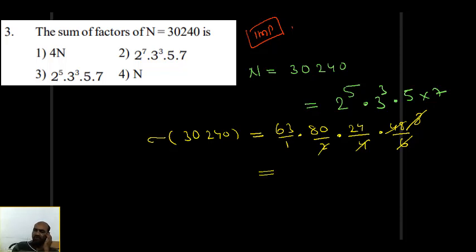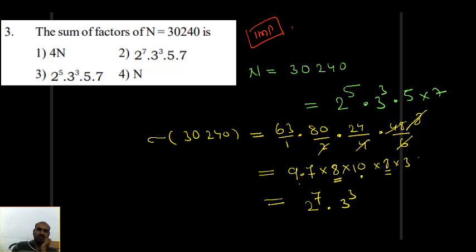So this is the summation. I don't want to write the answer; I want to write the answer in terms of prime factors. 9 7s are 63, 8 10s are 80, 8 3s are 24. So students, listen. Here 2 3s are 6, here 1 2 4 7 into 3 square, 3 cube. Okay. So what is that? 15 here, 5 into 7. This is the sum of the factors.